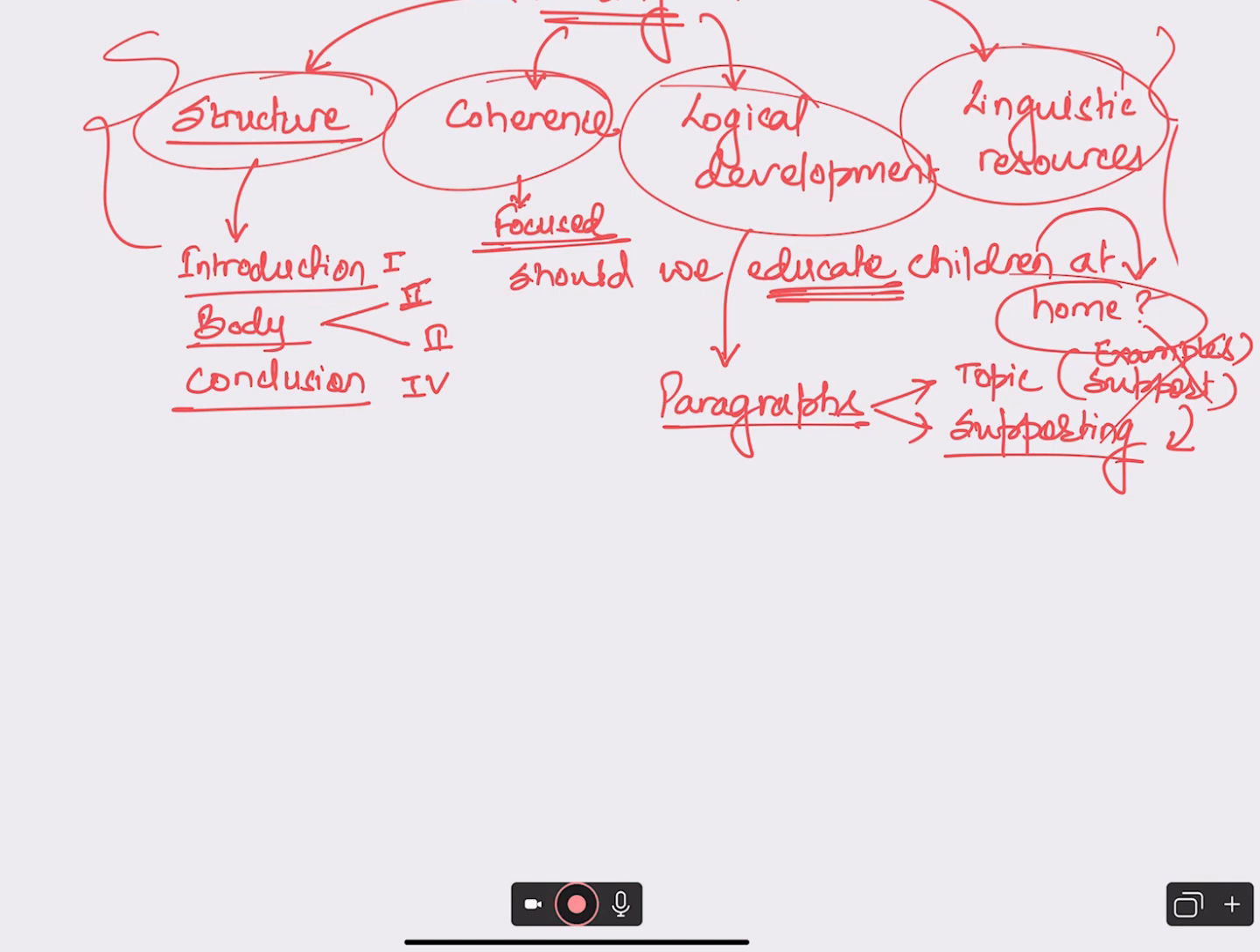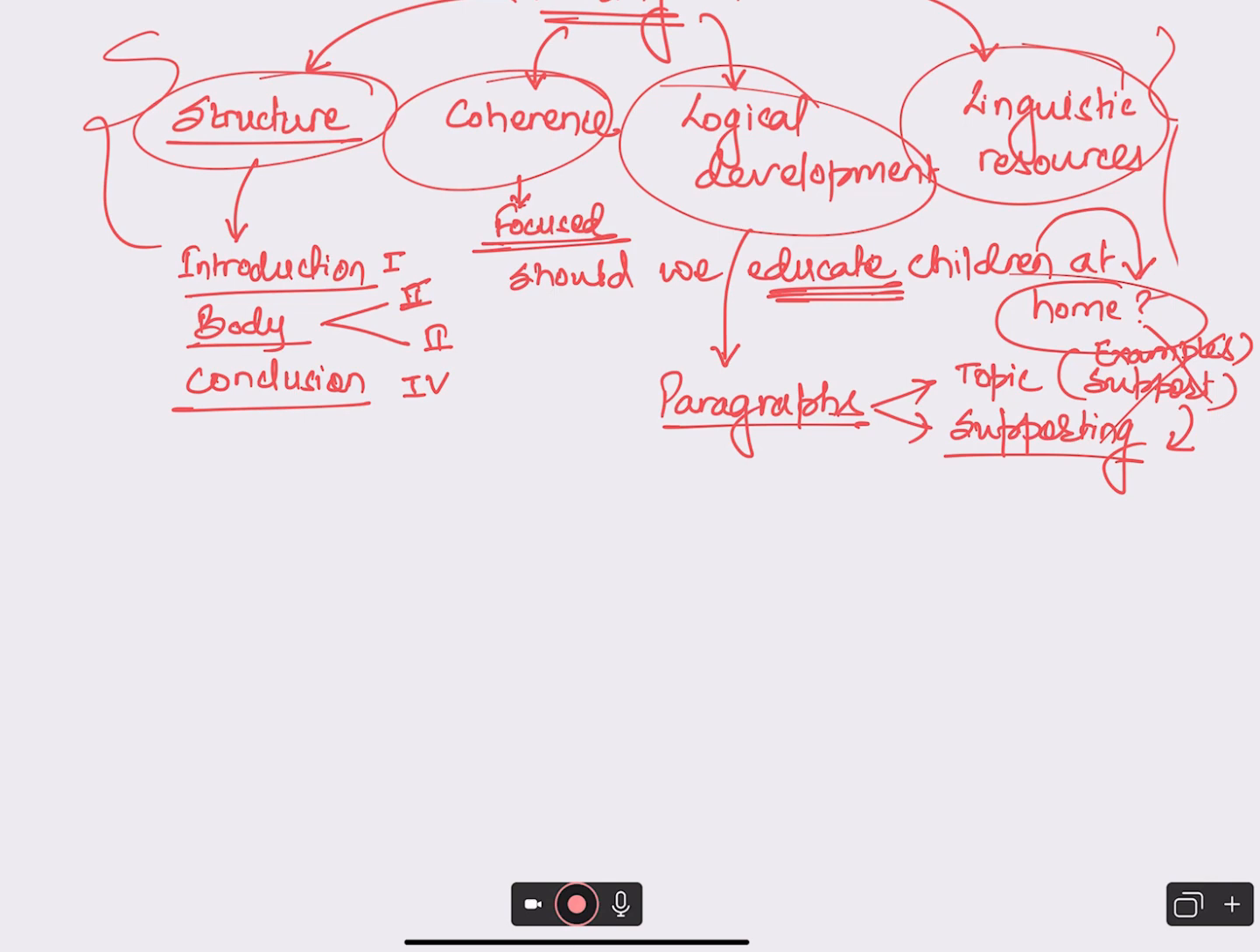So you write something very simple in the beginning of the paragraph. For example, if you think educating children at home is good, then you just write children feel more comfortable at home. That will be your topic sentence, and then you start explaining why they feel more comfortable at home, or what is the benefit of that, or how it helps them in learning better, and so on, in these supporting ideas. So logical development means you start with one simple idea and you explain and expand it, and then you